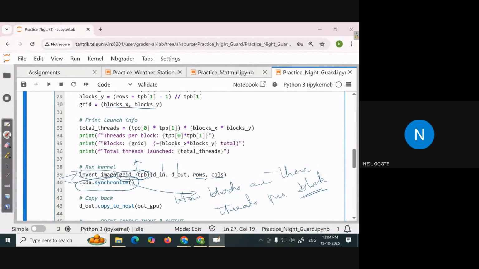CUDA.synchronize waits for all the threads to finish. Sometimes, though they are all happening on different GPU cores, some of them may take a little more time, and this line ensures that I'm not going to proceed forward till all the threads launched here have finished. This is going to launch the kernel, so many threads, and each thread is going to do one operation, and we wait for all the threads to finish, and then we copy D out, copy to host, into